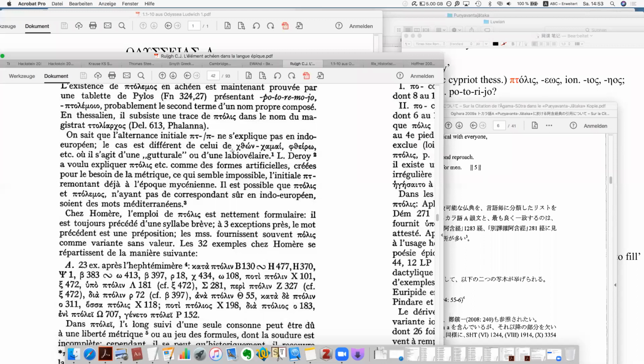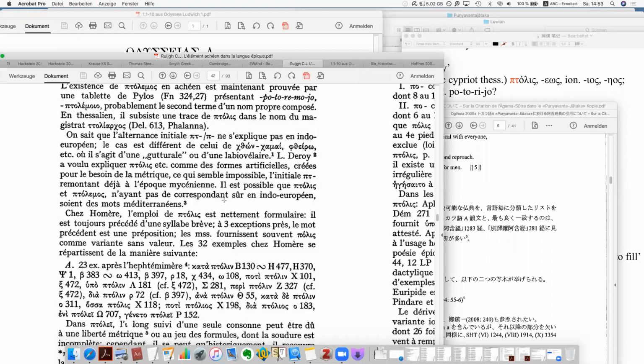And it is different from the case of Hasson and Hamoy, because in this case we actually have a guttural, a velar sound, or a labial velar. And then the conclusion is that it is possible that ptóllis and ptolemos